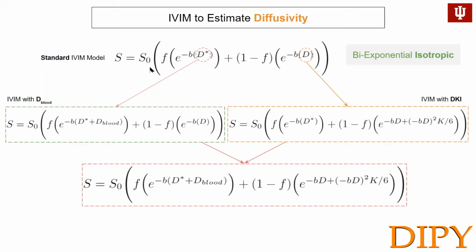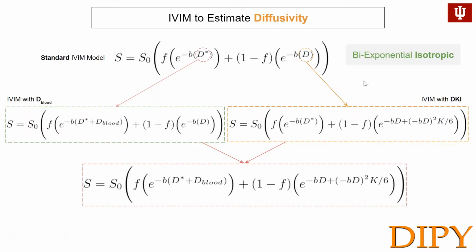Over the years, many different models for IVIM have been proposed. So the more famous ones I have included in the slide. So this is IVIM with D blood. It is hypothesized that this D star is actually an effect of two different types of processes. One is due to the blood. It is often referred to as D fast, like diffusion of the blood, and that is along with this perfusion